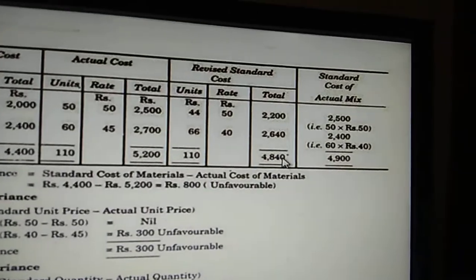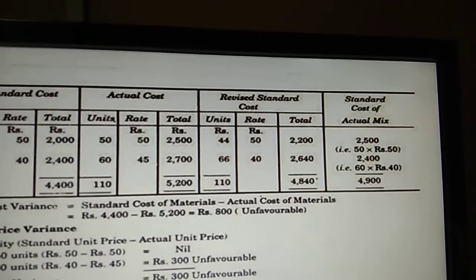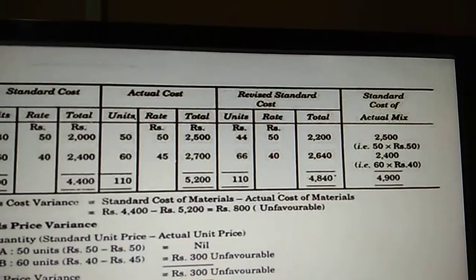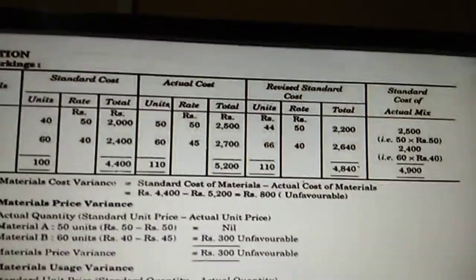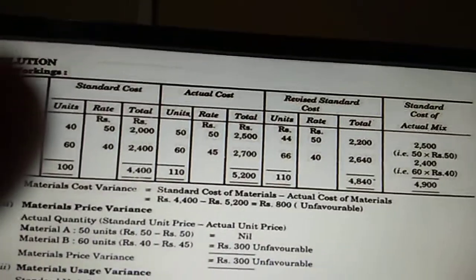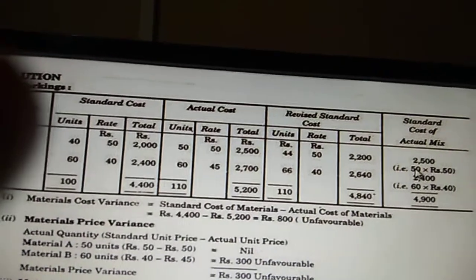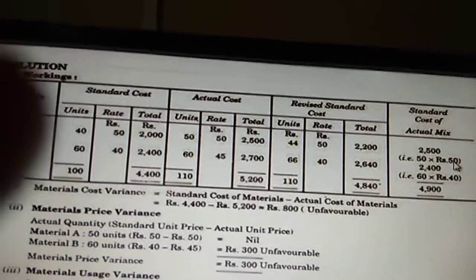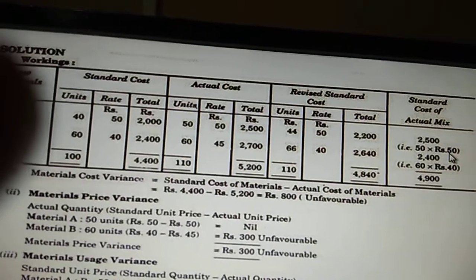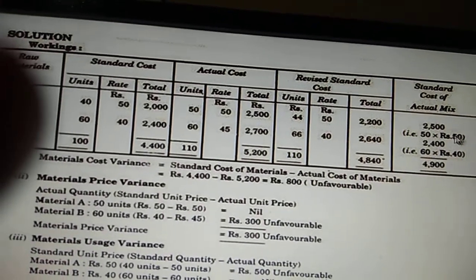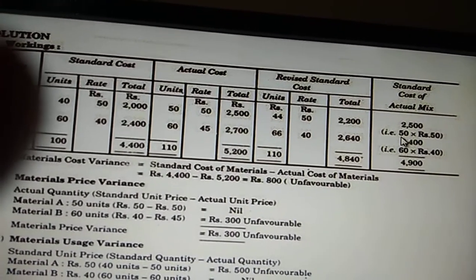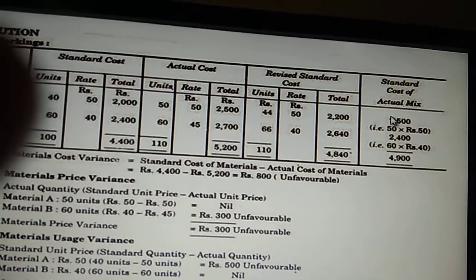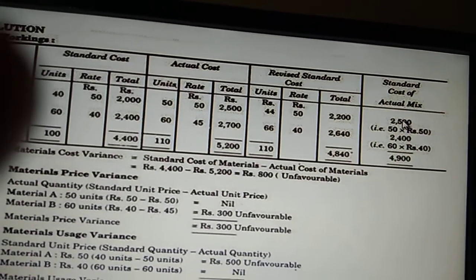Now we'll get the standard cost of actual mix. Here 50 units of A into rate 50, so we get 2500.